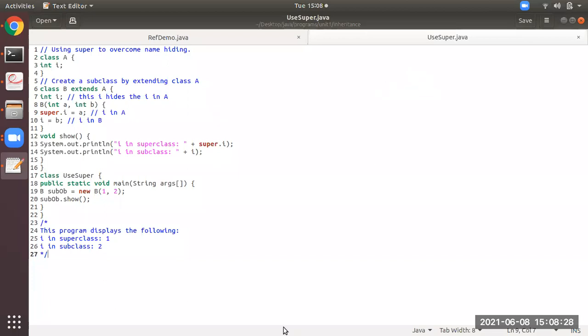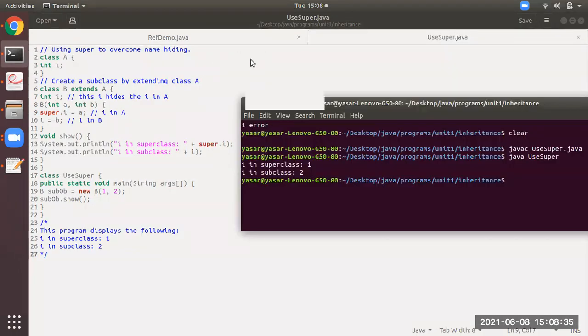Okay, I'm repeating again. From here, the call will be given sub dot, that is a constructor call to this one. A and B will be 1, 2. Then super dot I is equals to 1. That is I variable of A is 1. Then after that, I equal to B means the variable I of class B equal to B, that is 2.